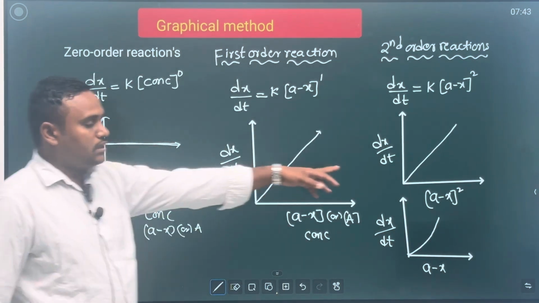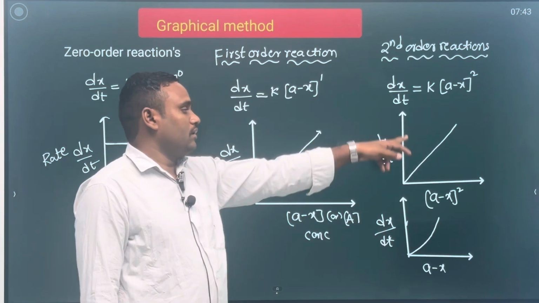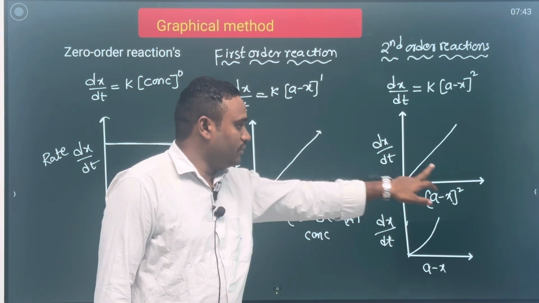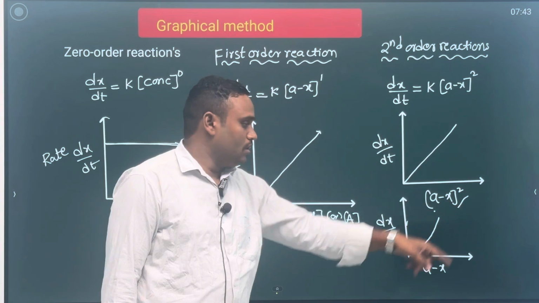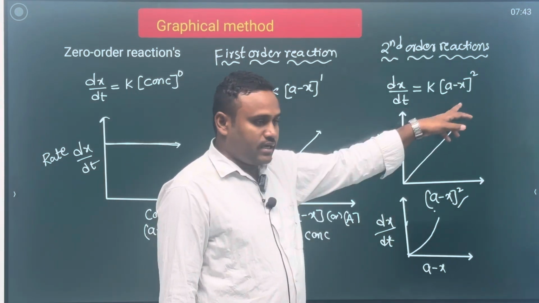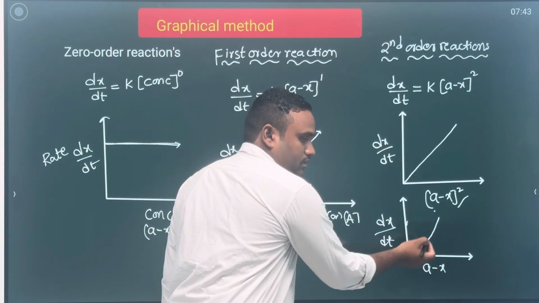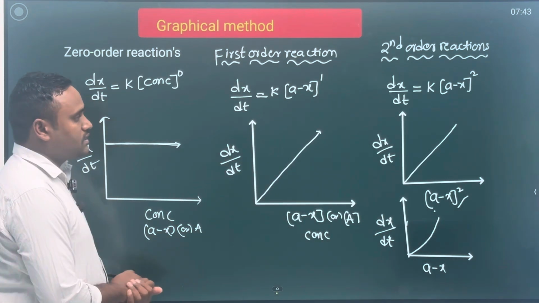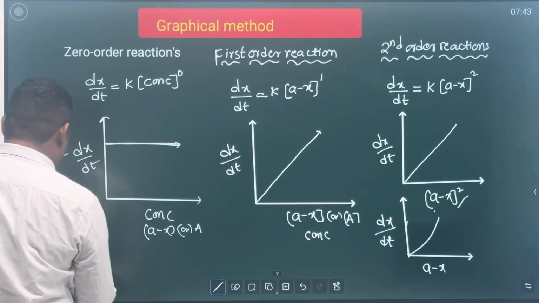So this graph indicates what, children? Second order reaction. So here this graph is between dx by dt, meaning rate of reaction, versus a minus x whole square. A straight line you will get through the origin, and for dx by dt versus a minus x, a hyperbola curve you will get in the second order reaction. Next you see nth order reactions,